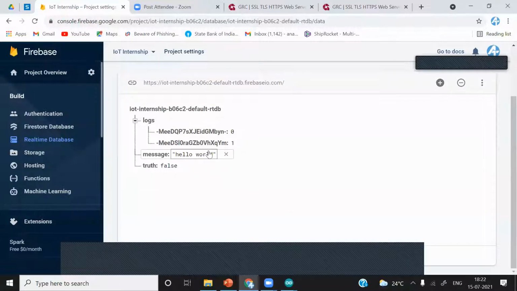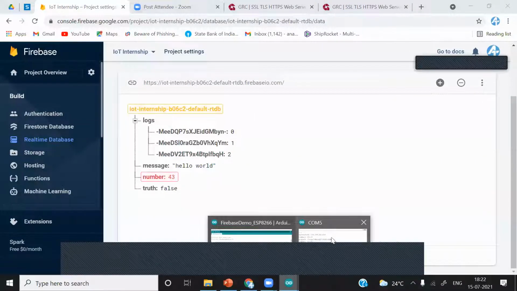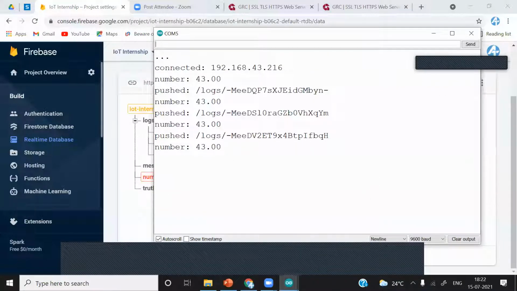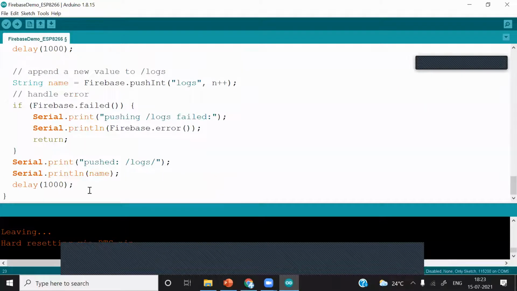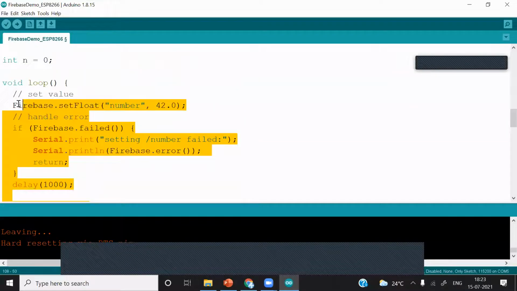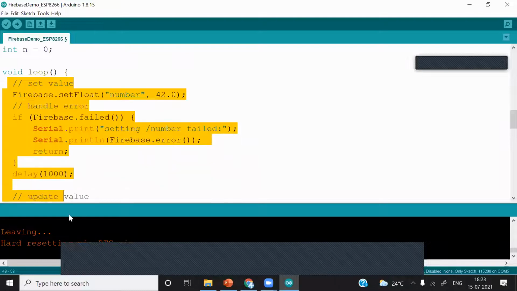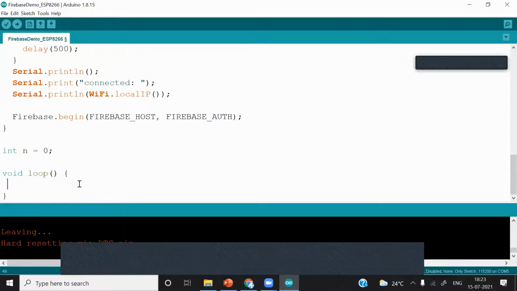You can see that this is the raw data. I will make changes in the sketch. What I will do, I will just delete everything from the while loop, and we will just put some random data, the data we want to put.